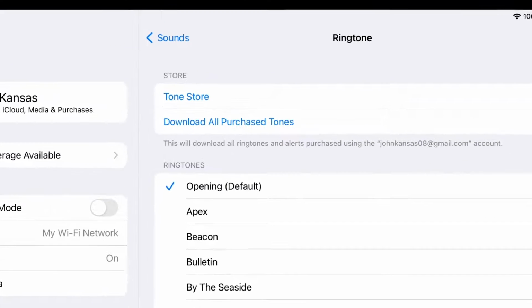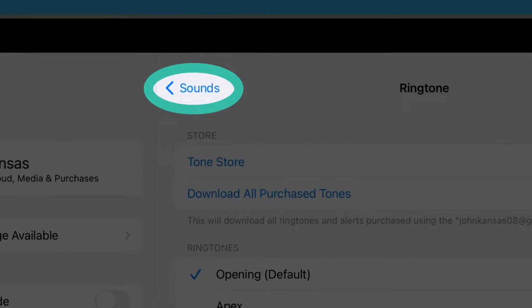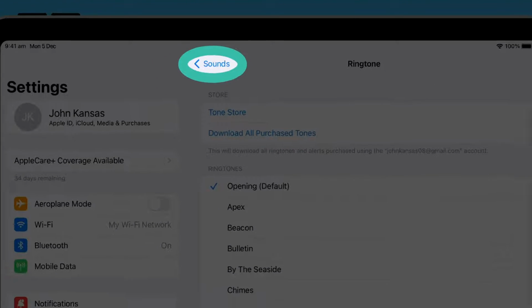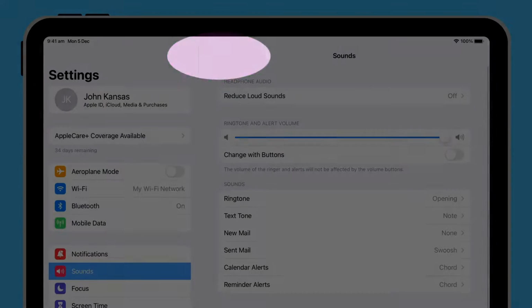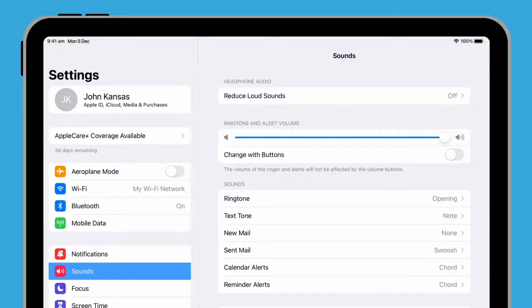When you find one you like, tap the back arrow at the top left to set it and return to the Sounds menu.